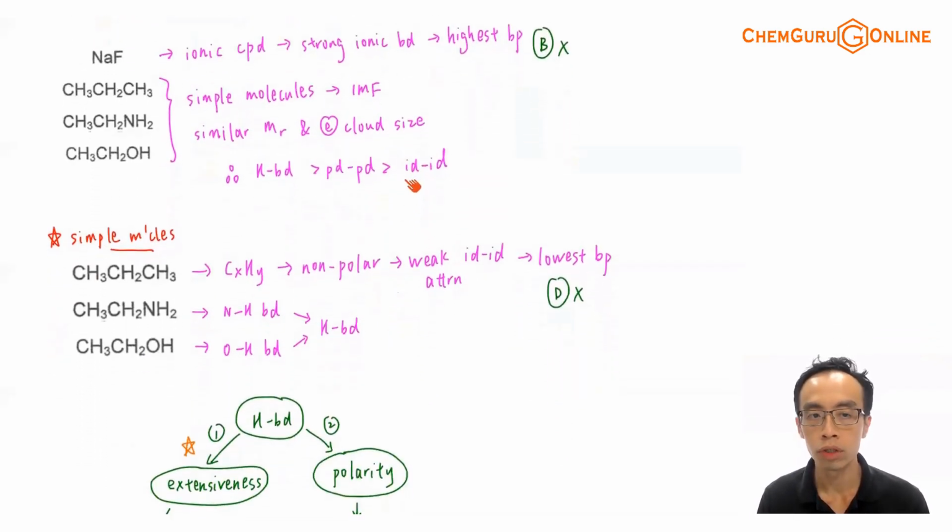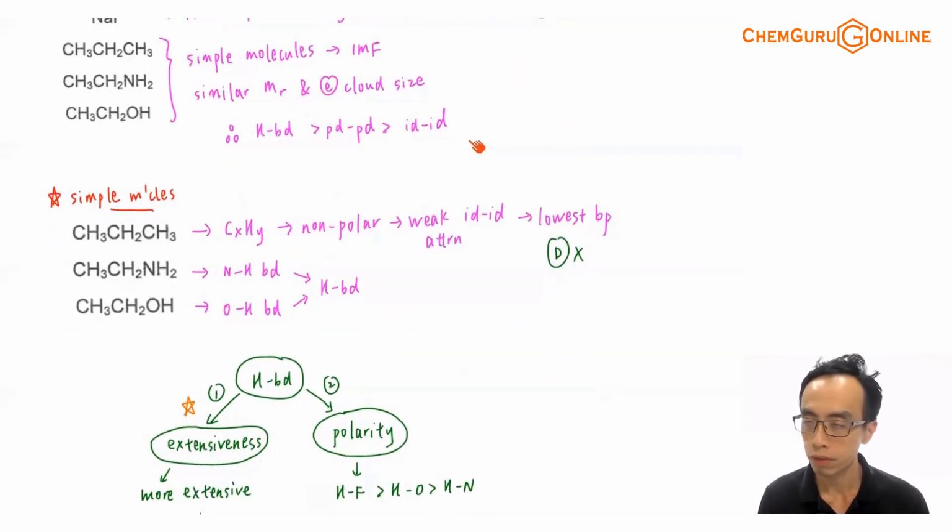Now, the next thing we will have to do is compare the specific type of intermolecular force for my simple molecules. Then we can do comparison involving which one of them has a higher boiling point, which one of them has a lower boiling point. One thing to note is when we compare the different types of intermolecular forces involving hydrogen